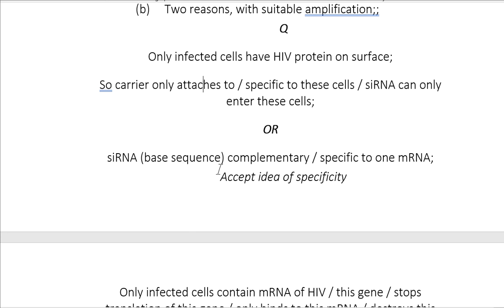It is going to target what? This HIV, the mRNA from the HIV gene. So the siRNA has to be complementary. The base sequence can't be random. It has to be complementary. So siRNA has a complementary or a specific sequence to the